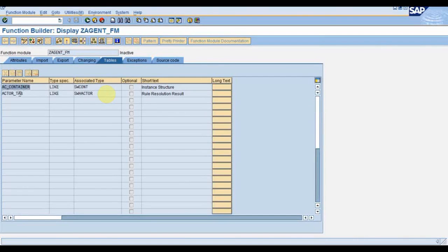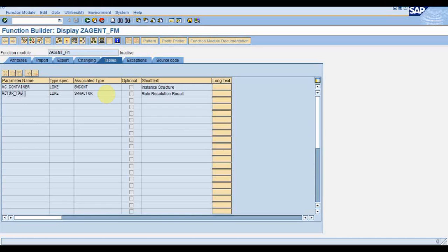In this FM, we will be reading this AC container table and getting the value. Suppose I'm passing company code from the workflow to the rule container, then in this AC container that company code will be there. I will just read this AC container and get the value of company code.